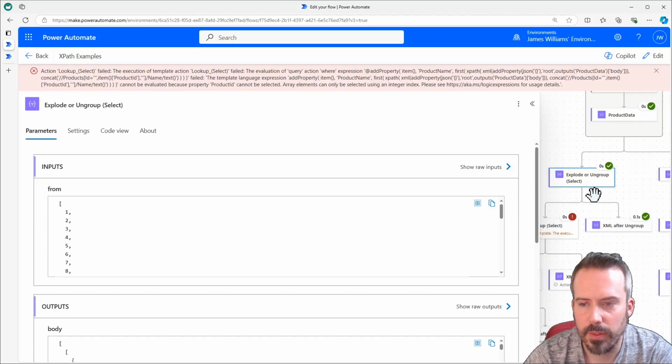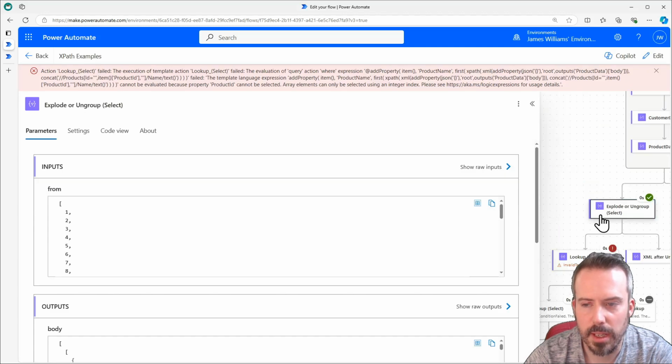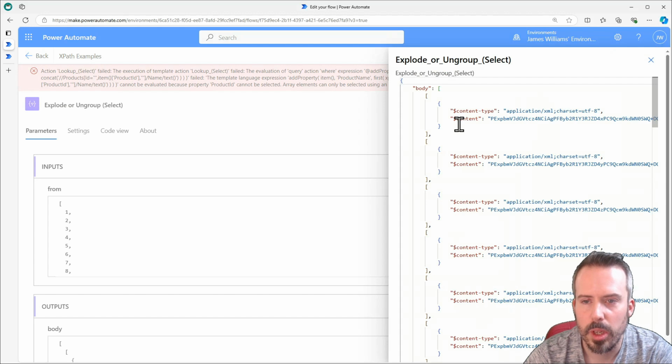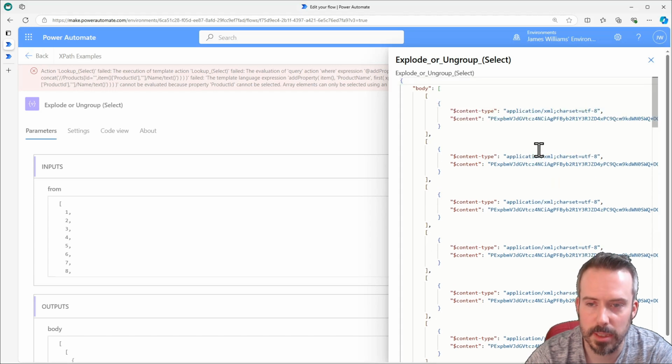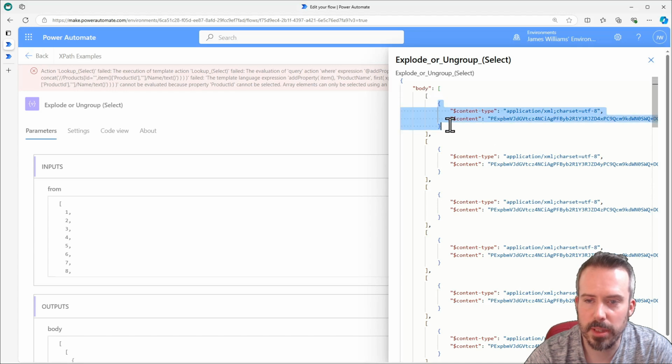And we can see now the flow failed later on, but in this explode action output, we now have an array. So this array is an array of all 40 of the line item objects that are being returned by that XPath expression. We've got 40 items in our array in the input to our select action, which is why we've got 40 responses. But we're only concerned with, in each case, each item in the array of the output,